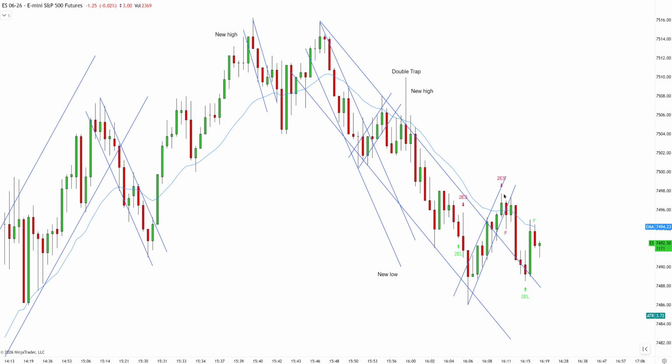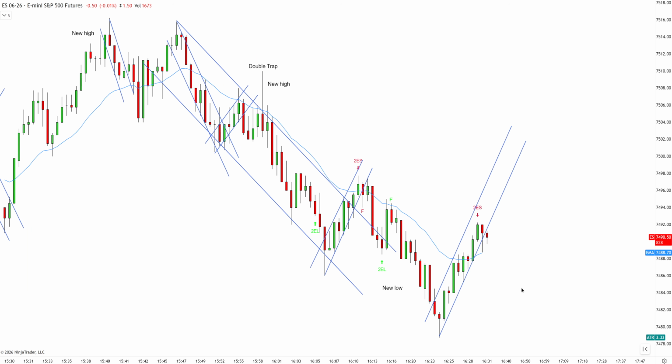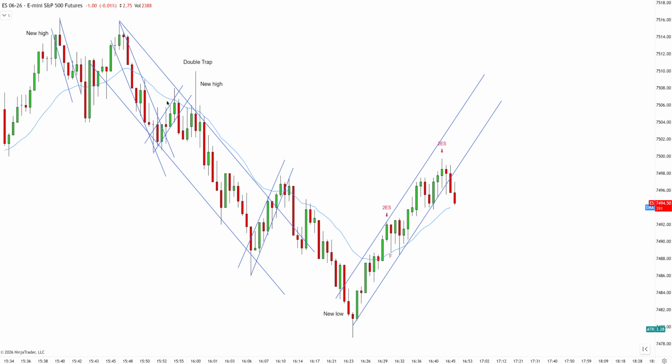Okay, traders, we have a second entry long, but this time it's an inside bar. So I'm not gonna take an inside bar here. Maybe if I get some last minute second entry short, I can consider. Okay, traders, after downtrend played out with the break new low, we are naturally looking for second entry short